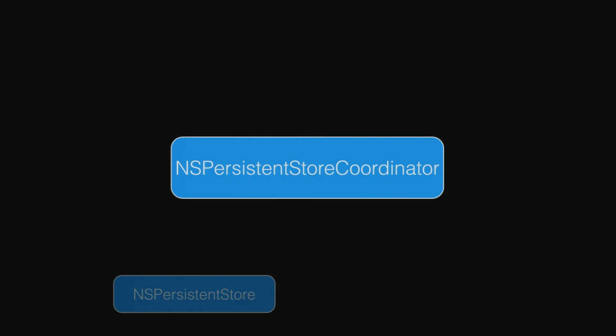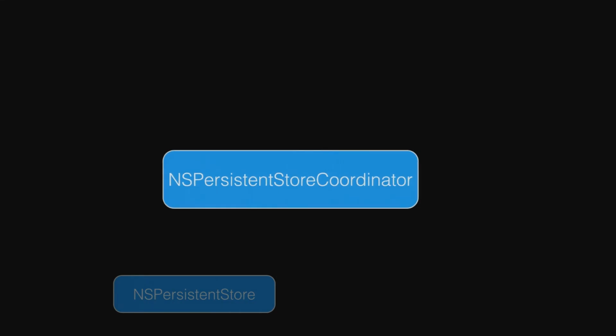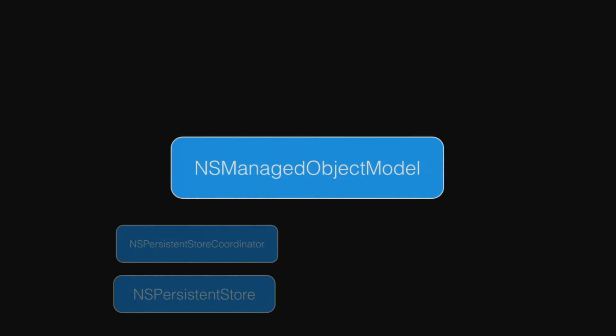And then we have a persistent store coordinator. Why would we need a coordinator? We have a coordinator to distribute traffic among our objects. The coordinator can manage multiple stores. It can also manage multiple contexts and things. We'll get into that more specifically in a minute. What we also have here is an NSManagedObjectModel, and this basically describes the structure of your data. In database terms, this is basically a schema for your app. So this reflects the object model that you're trying to describe in your application.